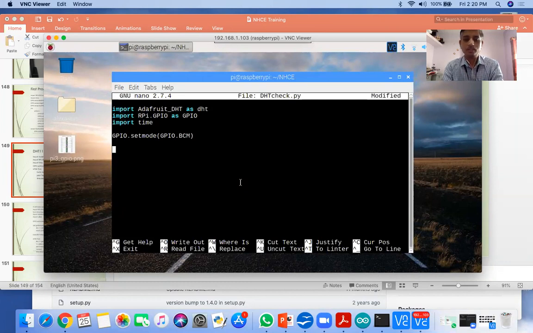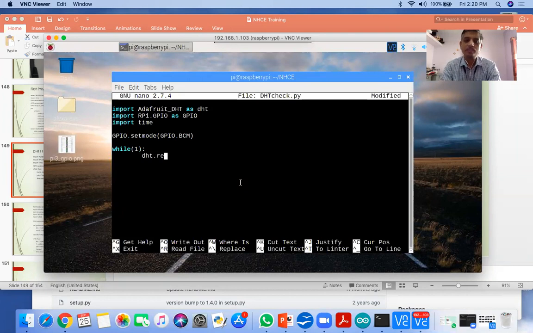Then we are running our program continuously, so while True colon, and then we need to read the humidity and temperature. How to read? Very simple.